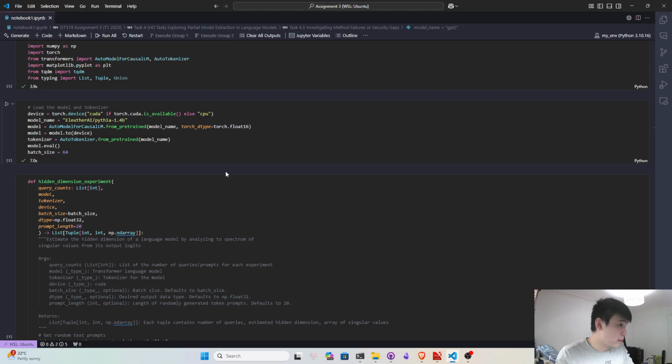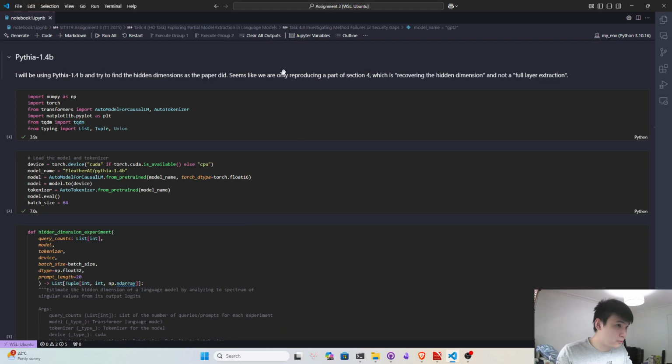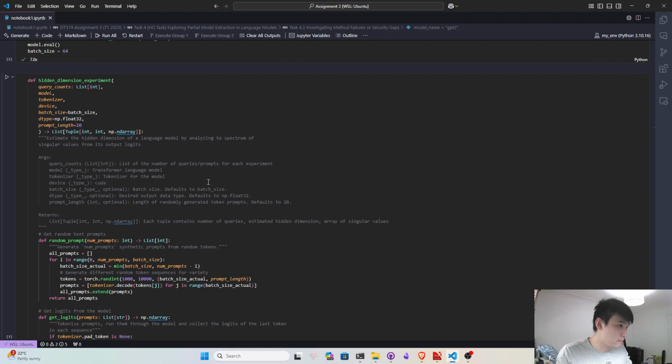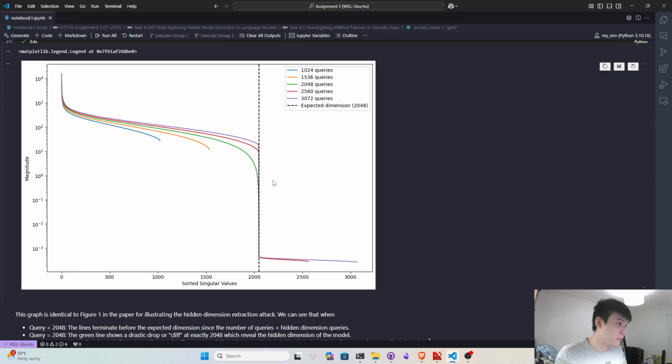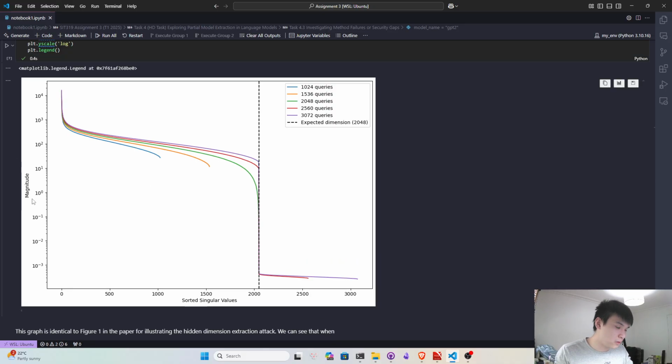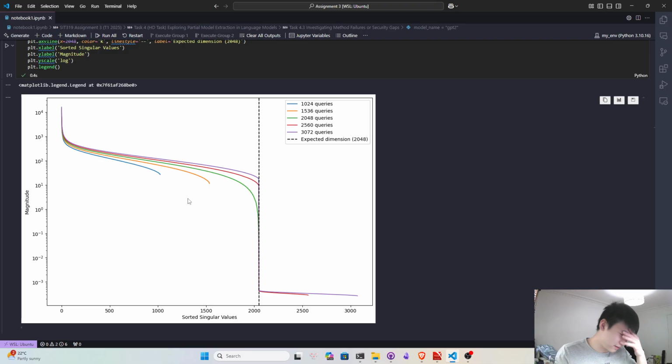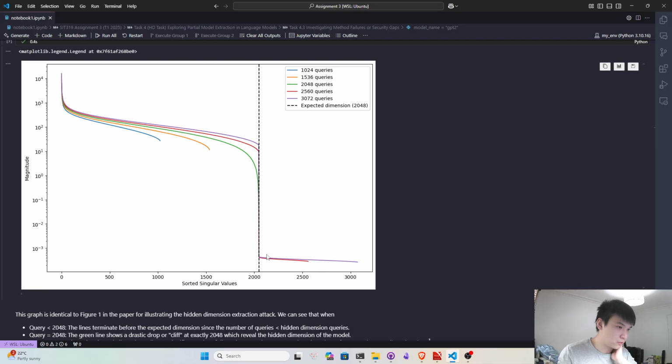And here's my implementation. I'll be using the exact model as the paper, and we can see that our result is very similar. We have different magnitude, but I think different magnitude doesn't really affect the success of the reproduction. I think the difference is because they have maybe different prompts, or they normalize the magnitude in some way. But anyway, we show that